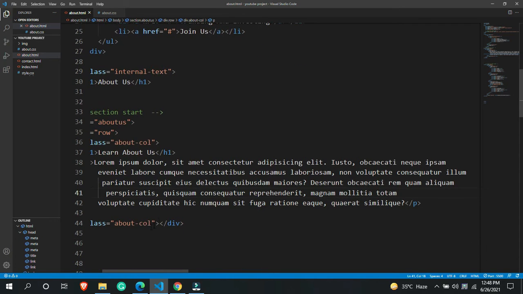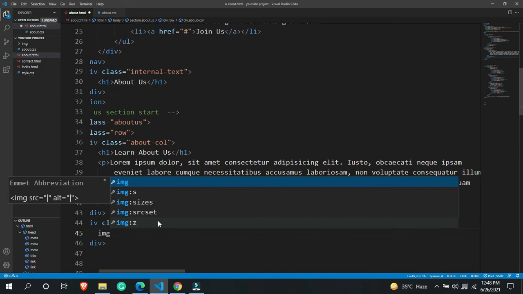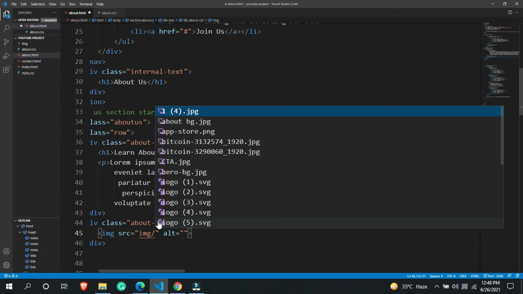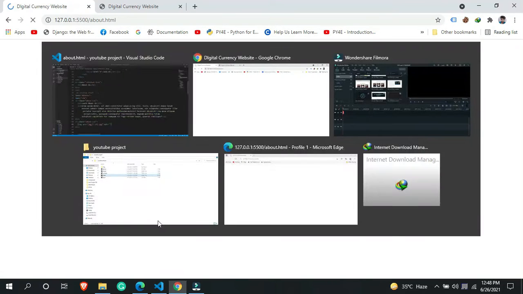Okay, then after that let me add another image inside another section. Let's use the image tag, and inside this tag I'm going to use an image over here. Okay, and this image maybe like one, yeah, this is the image that I'm going to use.